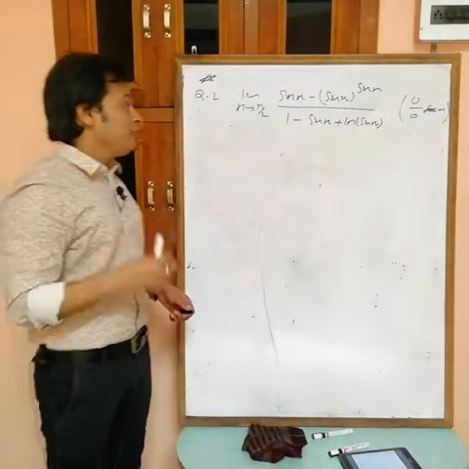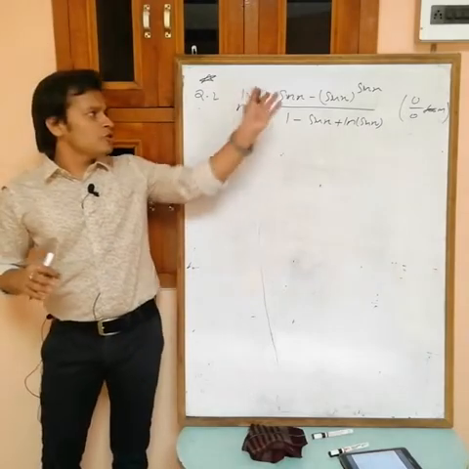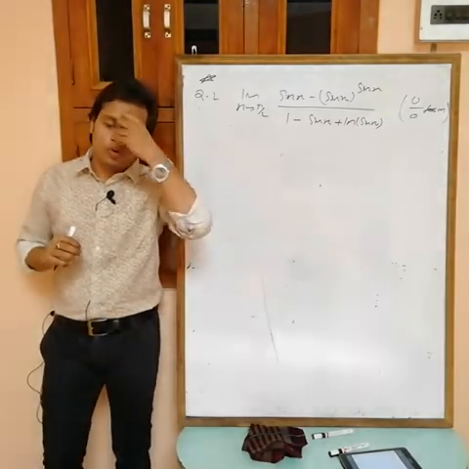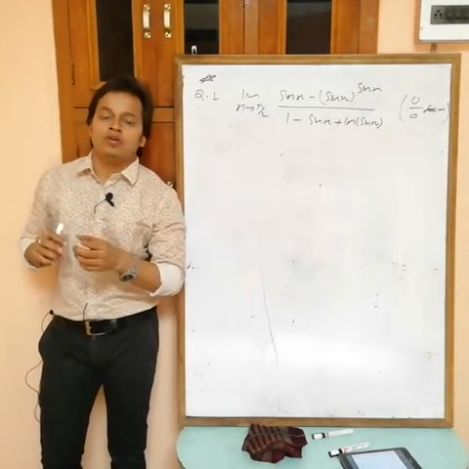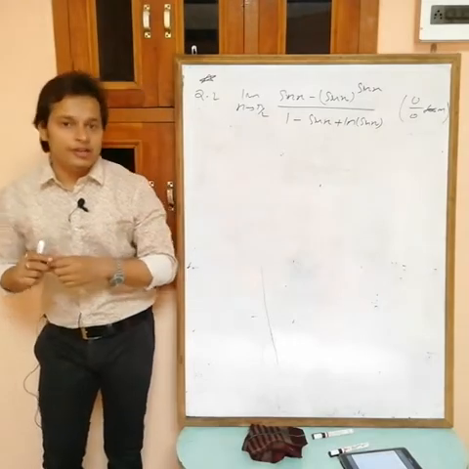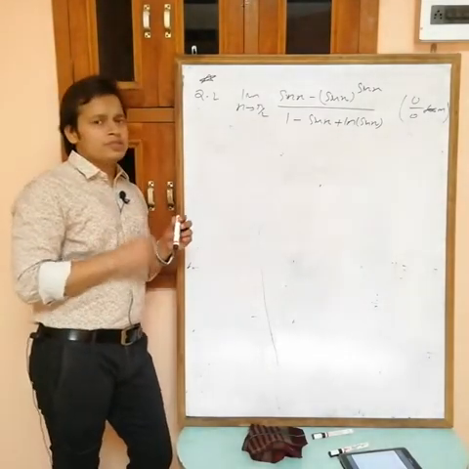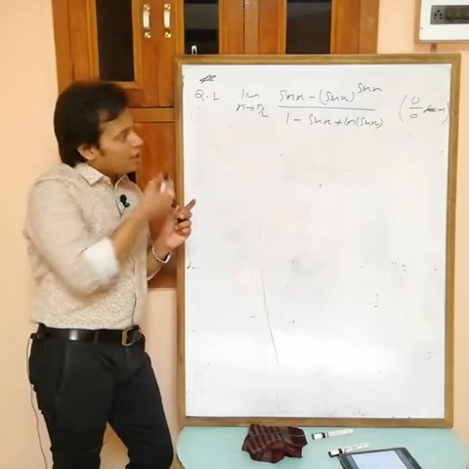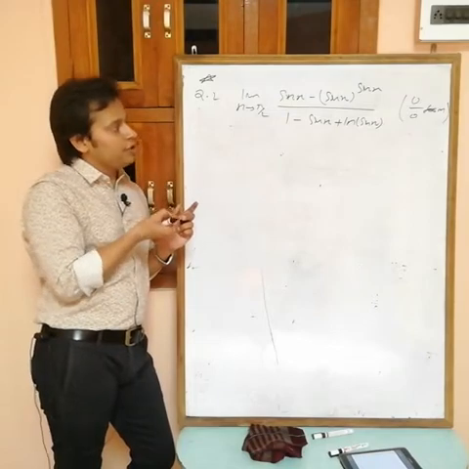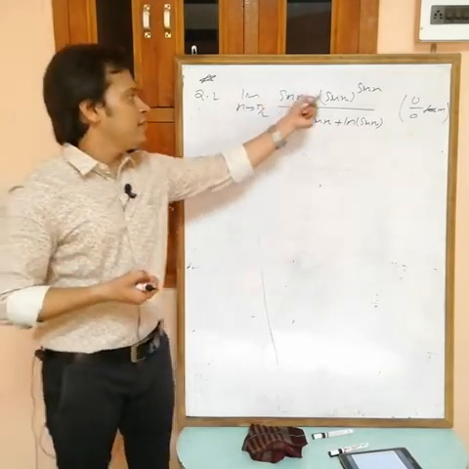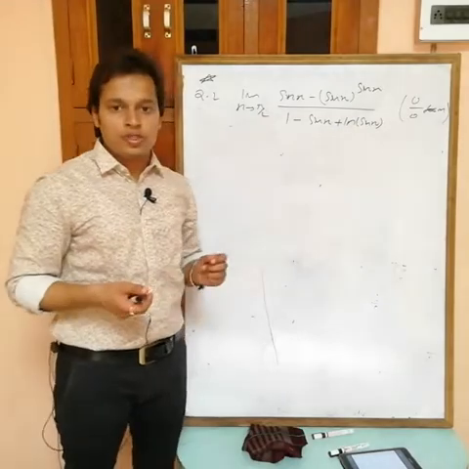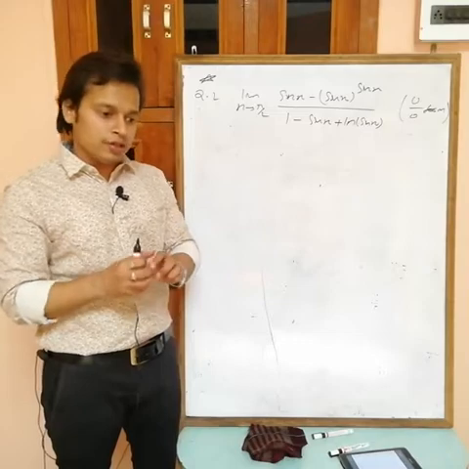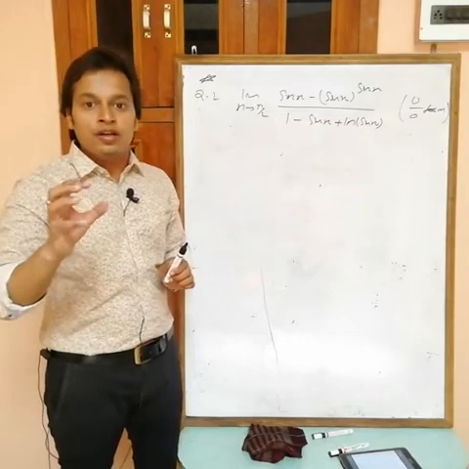But one minute. If I use L'Hopital's rule, then the derivative of sin x is cos x, and the derivative of sin x power sin x, a function power function, I first have to take logarithm and so on. The derivative becomes lengthy. Also, I can simplify this first, because every term is in terms of either a constant or sin x. There is only one function, sin x. If every term is in terms of only one function, then you can replace that.